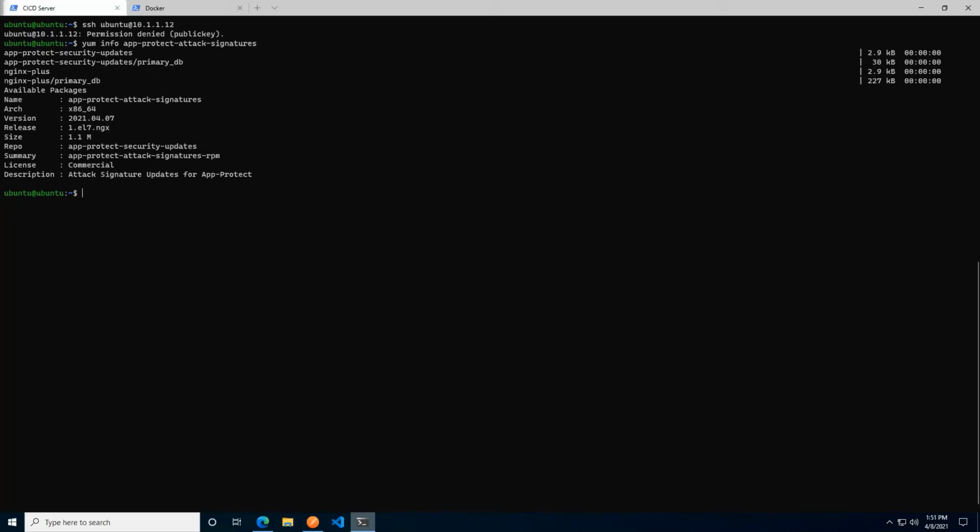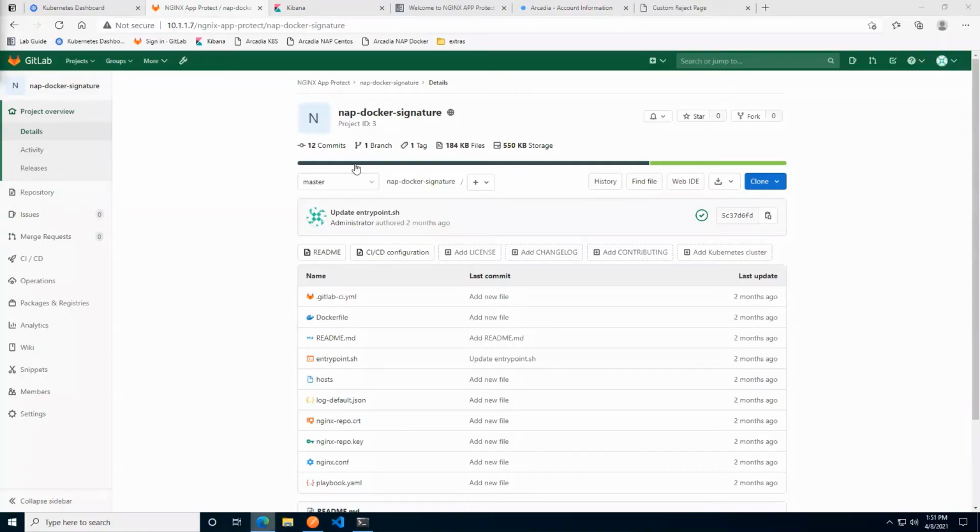Anyways, that's exactly how the GitLab part is set up. So what we're going to do to trigger this is simulate that a new threat campaign package became available. So I'm going to go back to my GitLab page.